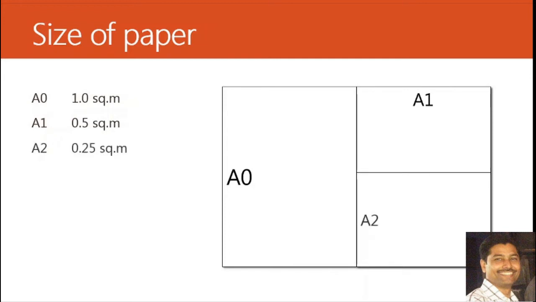Next, if I again make another half of this A1 page, then it will show us A2 and the size will be 0.25 square meter. Similarly, if I again divide A2, it will produce two A3 sheets, each one having 0.125 square meter. Now finally we come to our page size, that is A4. So A4 is nothing but half of A3 and that area is approximately 0.0625 square meter.